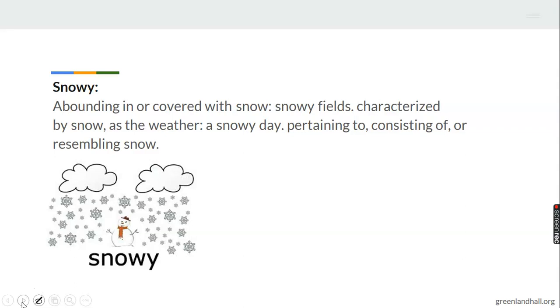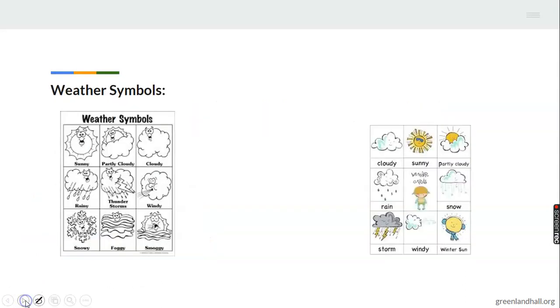Extreme cold. That time snow literally drops from the cloud. People, do you know that the snow would drop from the cloud? Okay. A snowy day or snowy weather is a weather that is characterized by snow, pertaining to or consisting of a resemblance of snow. So when you see these things, whitish substance dropping from the sky, just like ice blocks, it is said to be what? Snowy weather. Yep.